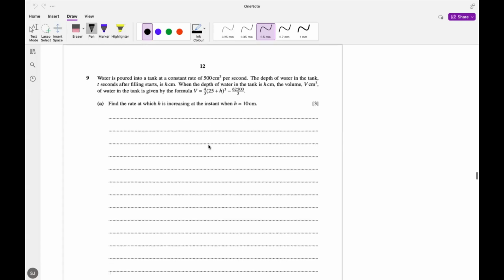In question 9, it says that water is poured into a tank at a constant rate of 500 cm³ per second. The depth of water in the tank t seconds after filling is h. When the depth of the water in the tank is h, the volume is given by the formula V = 4/3 (25 + h)³ − 62500/3. Part A is asking us to find the rate at which h is increasing at the instant when h